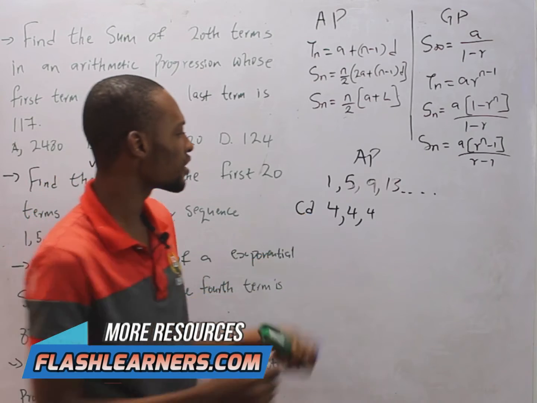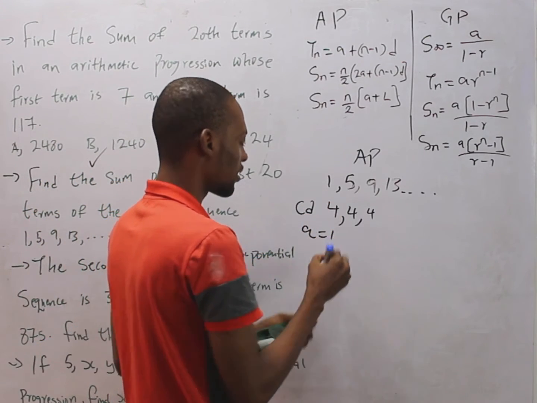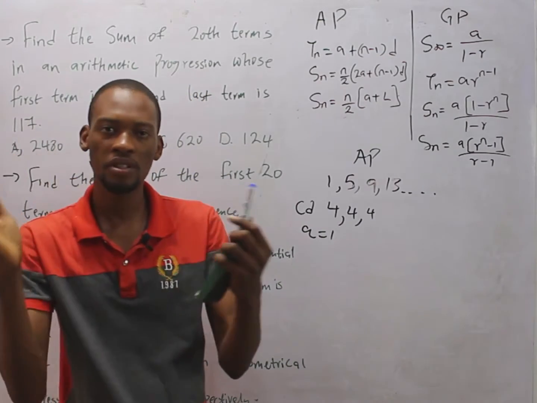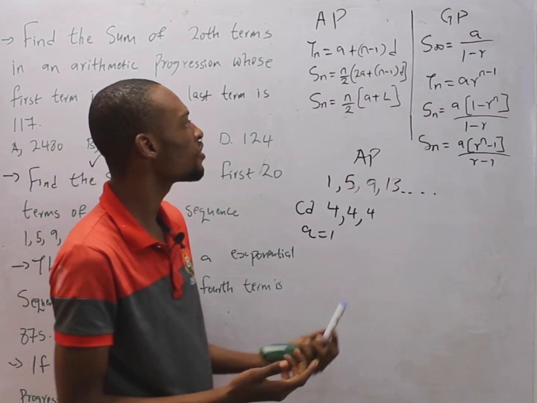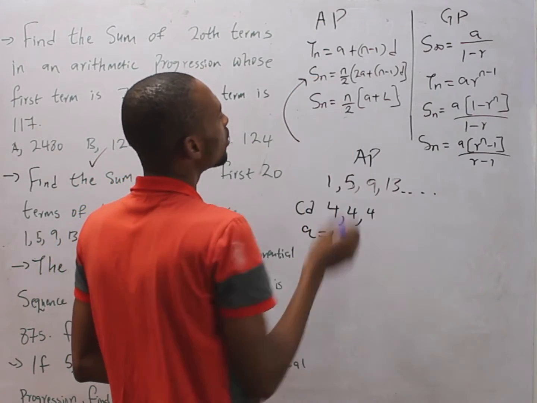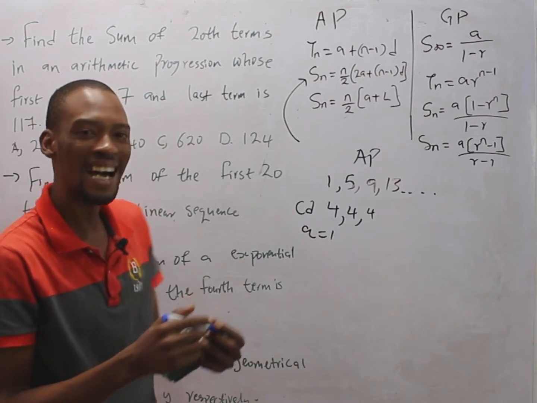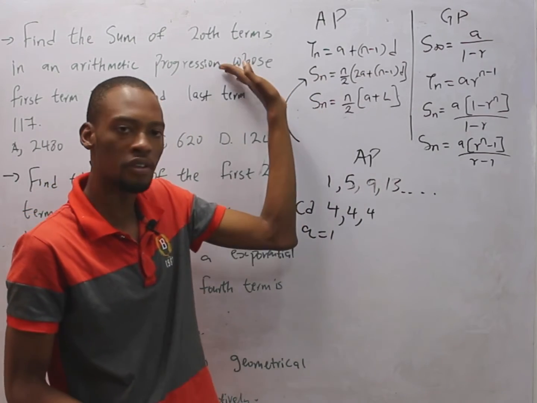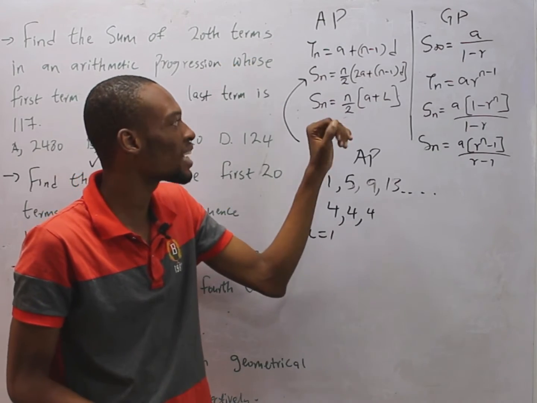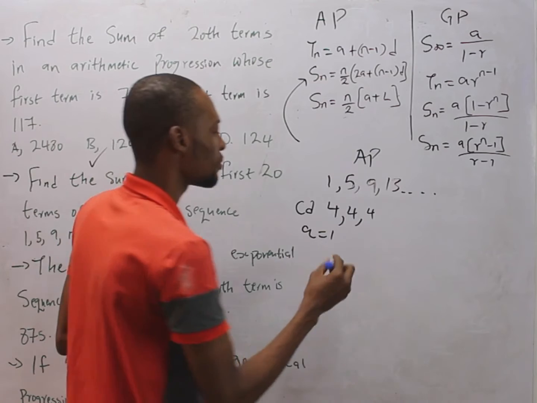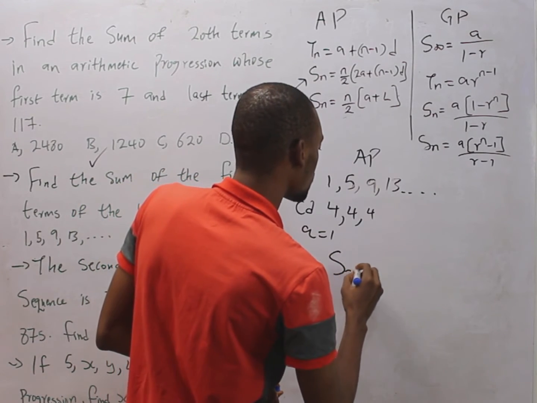Now that we have the common difference, a is 1, that is the first term. The sum of the first 20 terms is simply substituting into this formula. If we were given the last term, we would have used this formula like we used in the first question. But this time around, we don't have the last term. Therefore, the sum of the first 20 terms is S20 equals